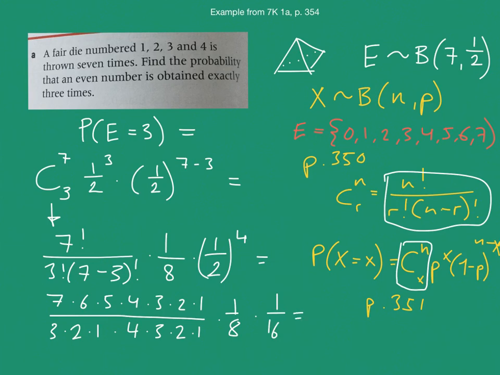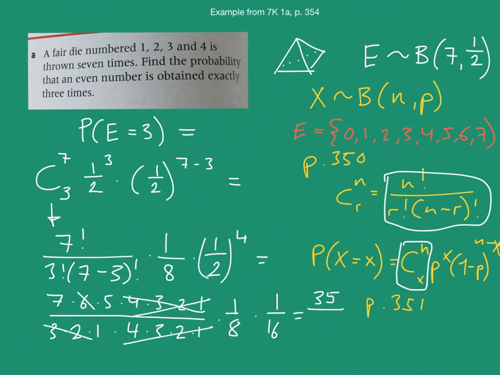And you can see what happens here is we can just strike out these 4 factorials against each other. And down here, 3 times 2, that's going to be 6. So we can strike out the 6 as well. This is gone. And that means that we're left with 35 divided by